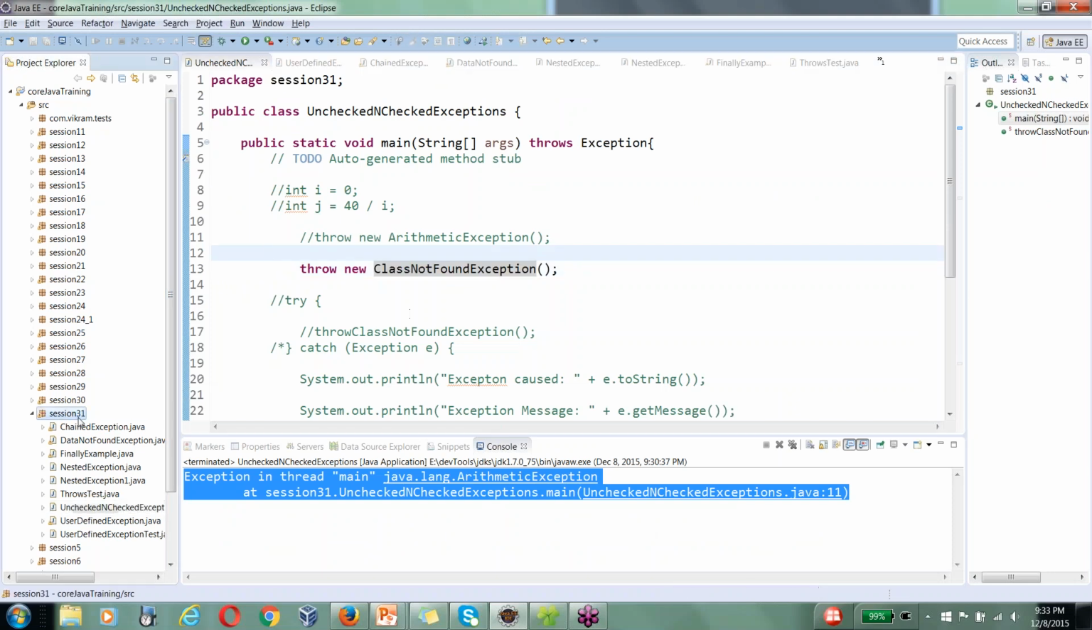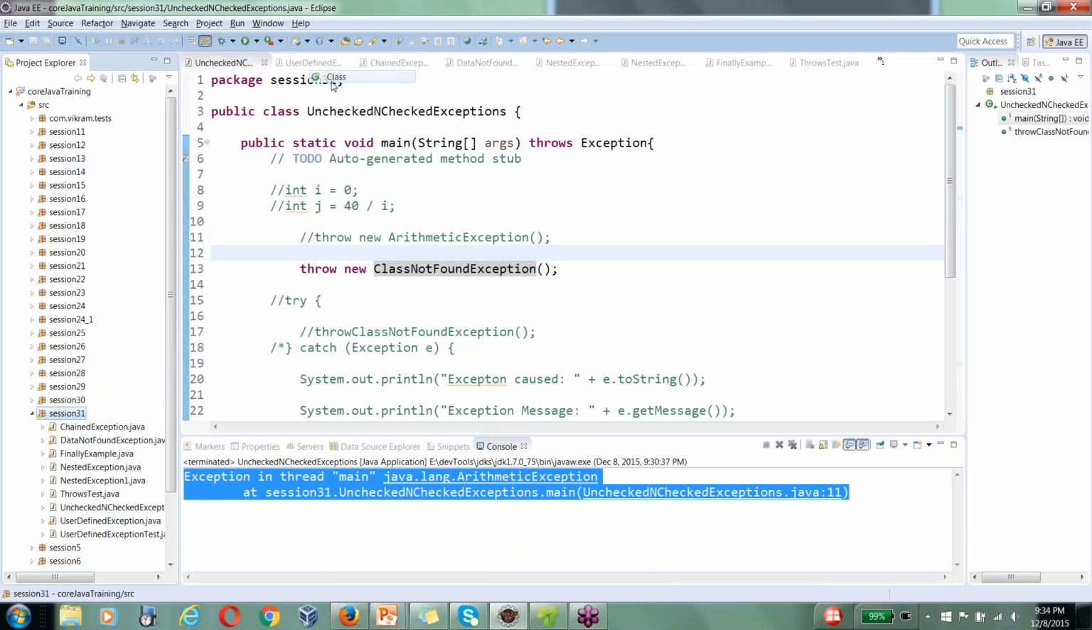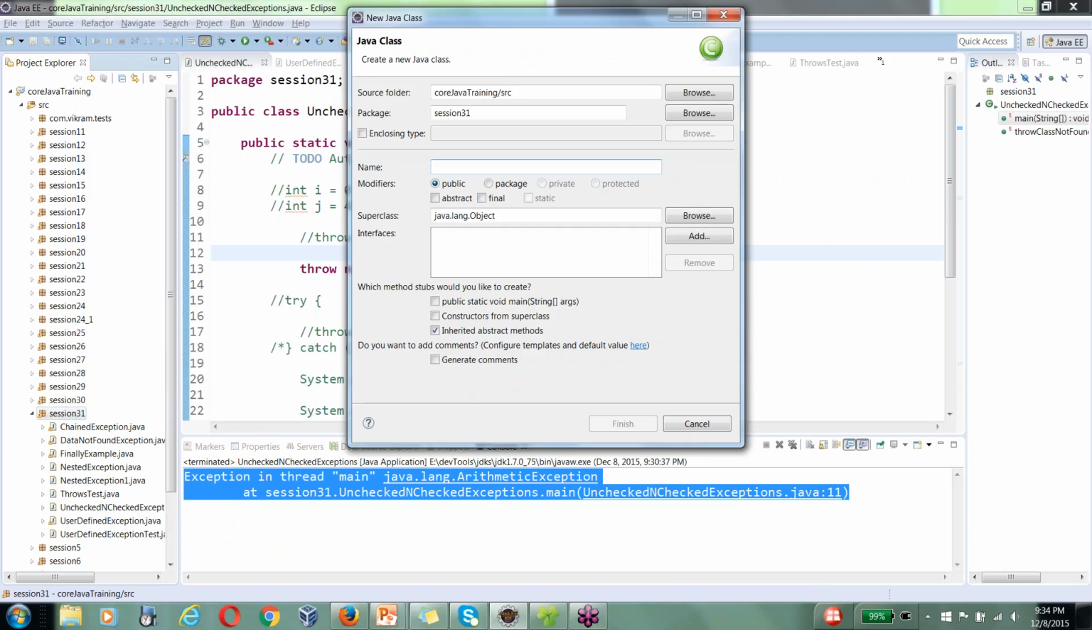Say for example, you are trying to connect to a database. Okay, you are trying to connect to a database, and then you are querying a particular